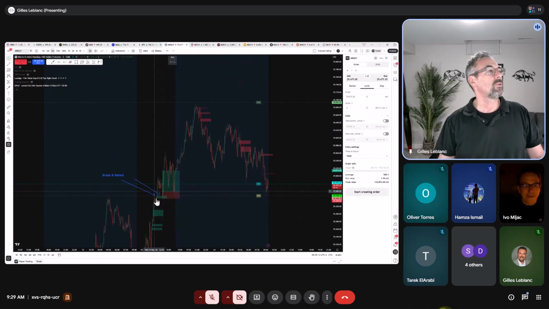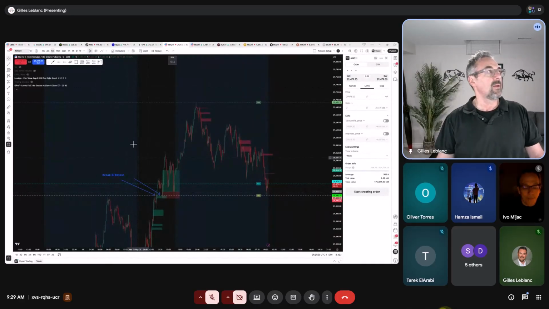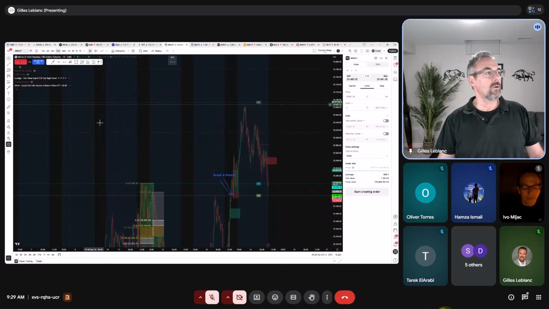MNQ, beautiful break and retest yesterday afternoon. I think Avi was talking about this during his session at 1 o'clock. Not sure if anybody grabbed that, but this is picture perfect. This is what we mean by the break and retest. This is on a 5-minute time frame. During the trading day, I don't necessarily go to the 15-minute time frame. I can see the pattern on the 5, right?